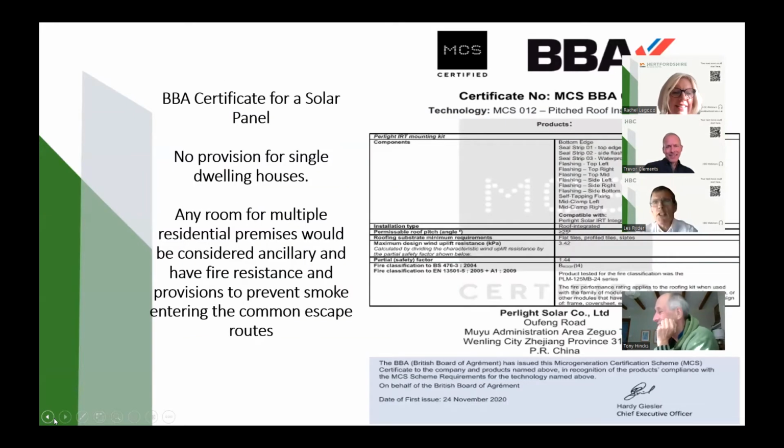Yeah. The other thing that is quite interesting, though, and it kind of relates back to the next slide. If you look at that BBA certificate for a solar panel, the solar panel has been designated as B roof T4. It'll be difficult for you to see it, but it's there. And basically what is controlled, if that panel is attached to the roof, it's part of the roof construction, then remember those tests that the roof's subject to. In this case, this solar panel has B roof T4 designation, so that solar panel can be within 6 meters